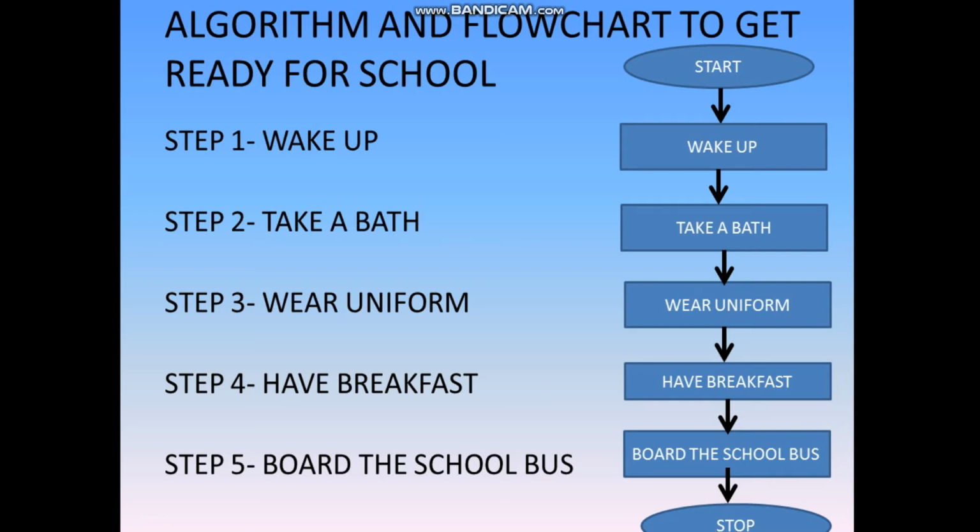So my dear children, always remember to give start and stop box. If necessary, give input and output box, and if you are only doing the processing, then you can make it like this also. So these are the few examples which we have seen, and always keep in mind these algorithms and flow charts will only get clear from the examples. So we will see a few more examples on algorithm and flow chart in our next video. Till now, thank you children.